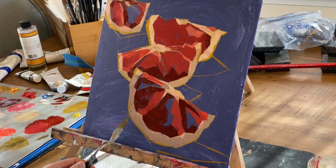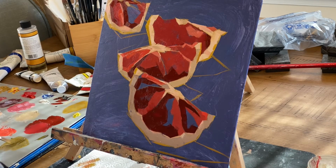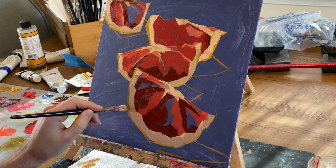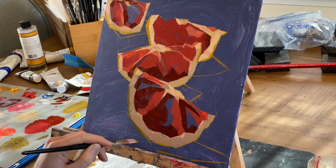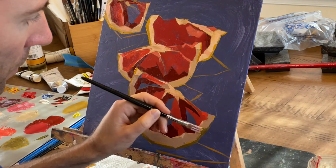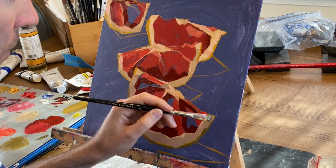Another example of a pretty big shape is that grapefruit slice up at the top. It's all pretty much one shape of color. And then you'll see I've got a bunch of medium shapes kind of inside the grapefruit slices. And then I've got a bunch of tiny shapes at the top of the grapefruit, along the edges you'll see some. And so I have a diversity of shapes in this painting. And what that does is, again, it creates energy and visual interest. It might not seem like a really big deal, but